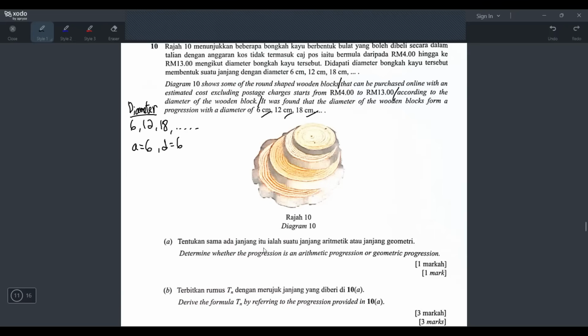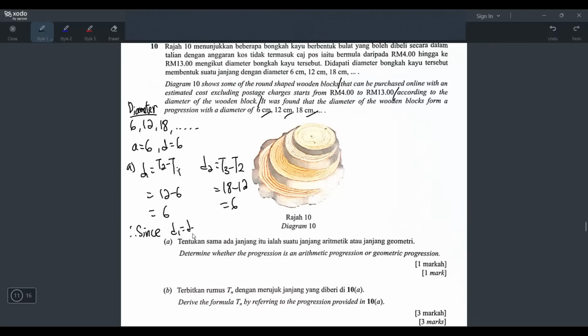Question A. Determine whether the progression is an arithmetic progression or geometric progression. Well, it's arithmetic. Yeah. So how can we prove it? So I'm going to prove it here. You will write d1 equals T2 minus T1, and then d2 equals T3 minus T2. How you prove it is you take T2 minus T1 and T3 minus T2 and see whether they give you the same answer. 12 minus 6 is 6, and then 18 minus 12 is also 6. Then you can write since